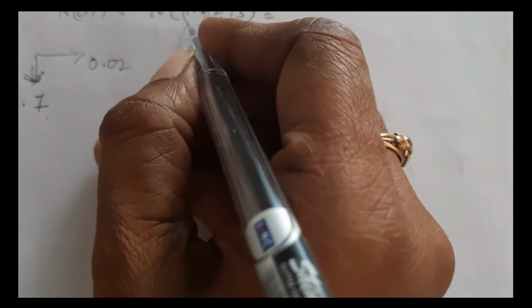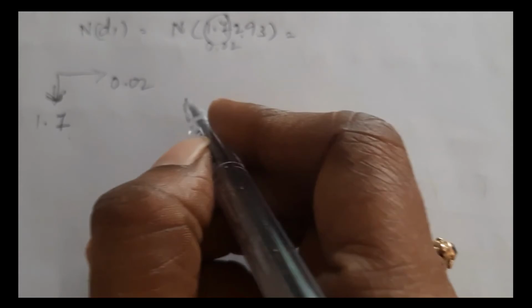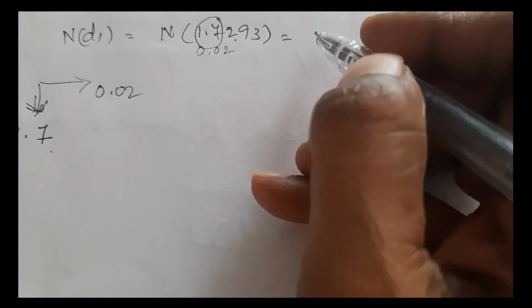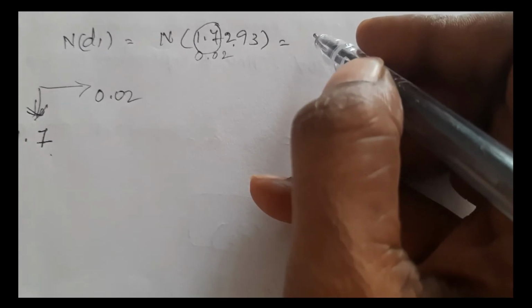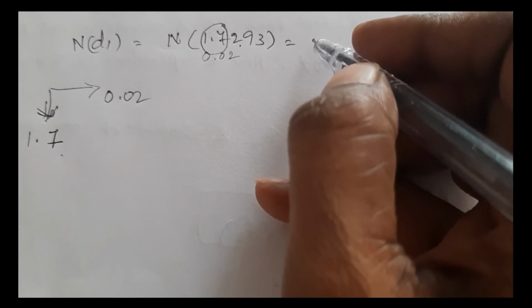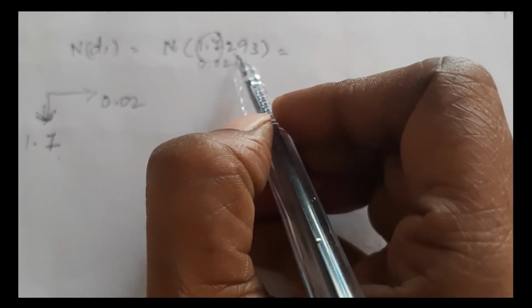So when you look into the cumulative normal distribution table, considering column at 1.7 and row at 0.02, we will get the value of